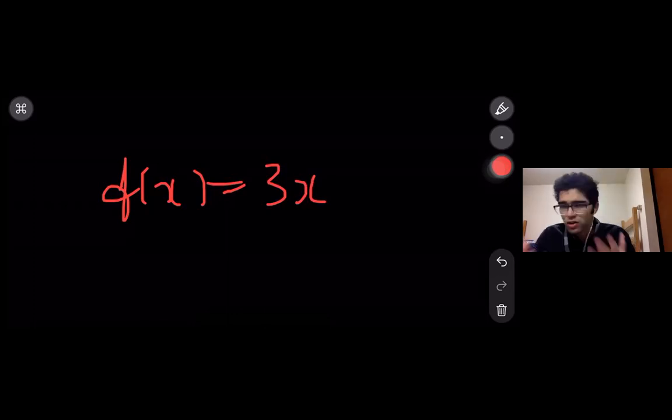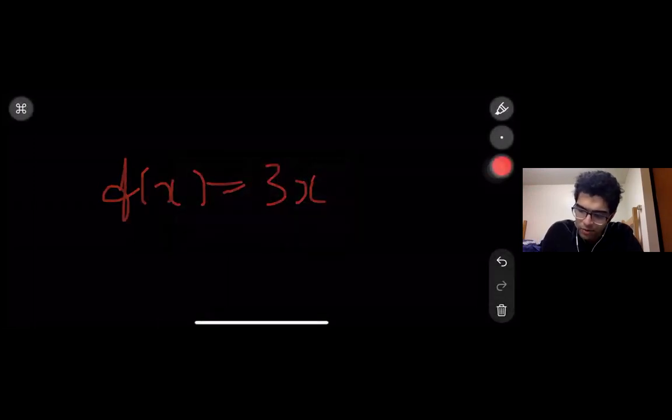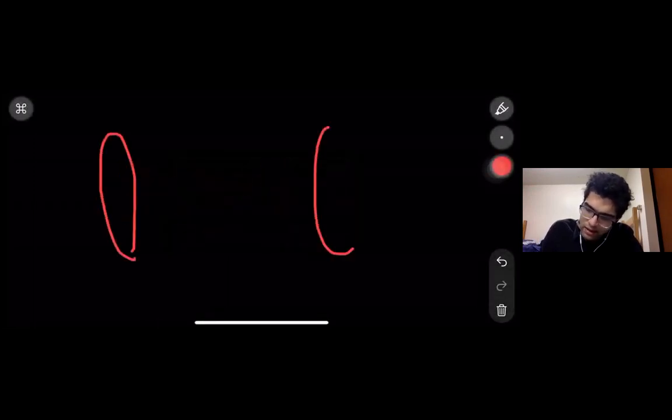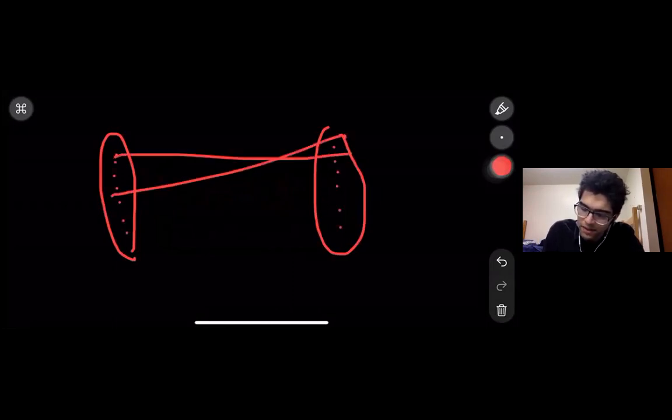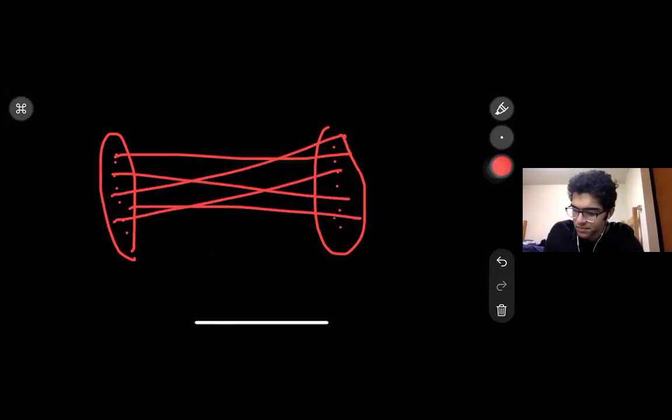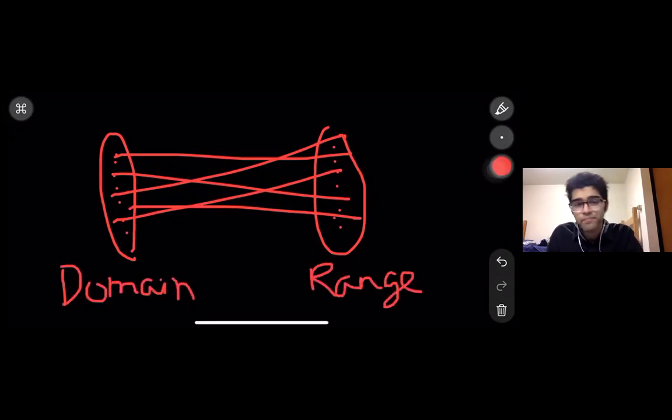Because of this definition, we realize that there are two kinds of sets that we need to talk about. One is the set of numbers that will be entering the factory, and the other is the set of numbers that will be leaving the factory. If we draw a map of that, it will look like this and like this, and there are objects here and there are objects here. So the function kind of maps things like this. This is called the domain, and this is called the range. It's actually called the codomain. Let's give it a codomain.